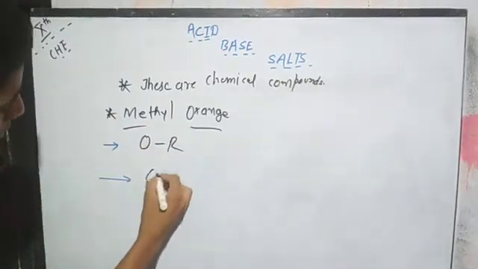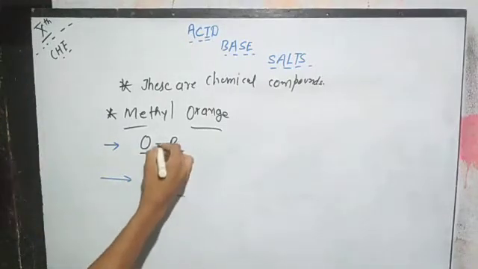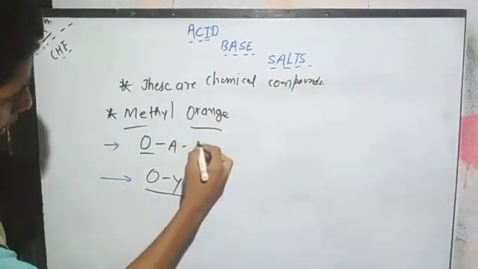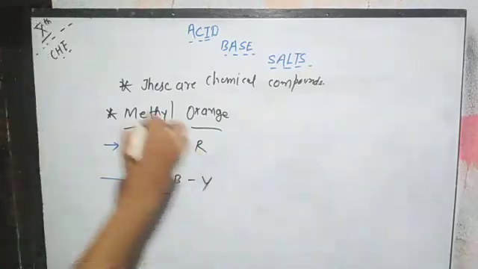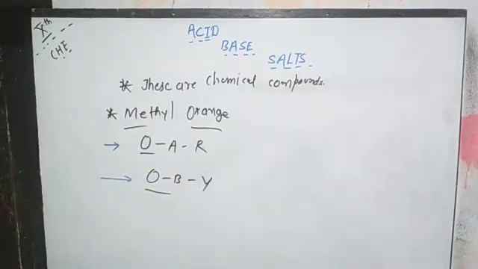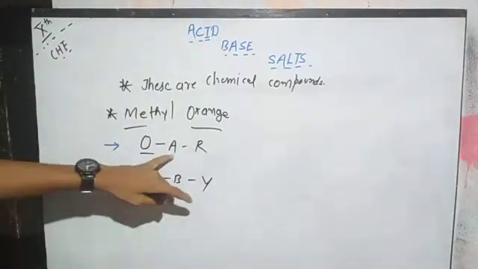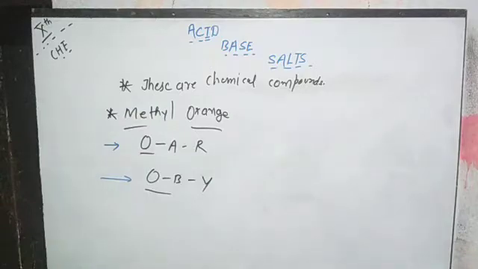OR, OW. What do you mean by OR and OW? We can write it here, OAR, OBW. Now look here, whenever an acidic solution is put on the orange or methyl orange solution, then its